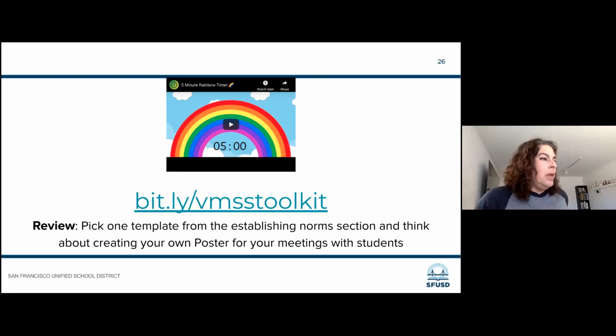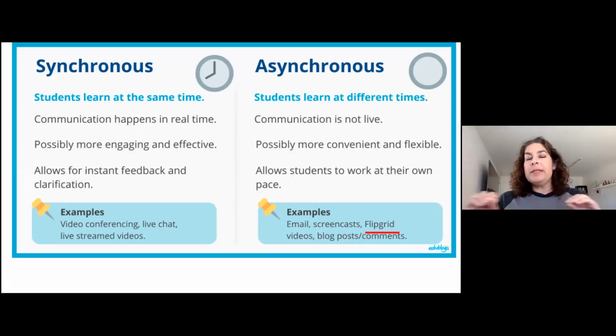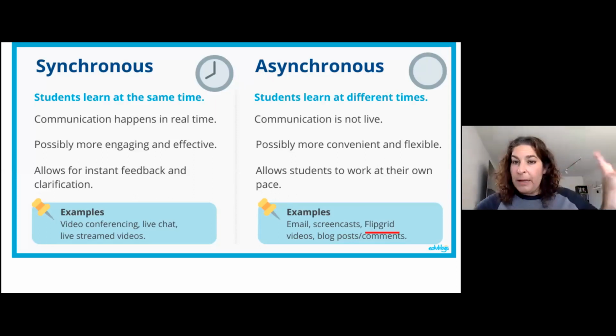Okay. So now that we've established norms and we've talked about norms, what I want to do is set the stage a little bit. I'm sure you've heard these words, synchronous and asynchronous. It's going to be in our contract. I just wanted to go over the differences a little bit and then go over each tool. Now, I'm not going to go into any technical pieces about Zoom and about all the different tools. There are plenty of webinars out there, and Zareen will put the link into the chat box so that you guys can watch them at another time.